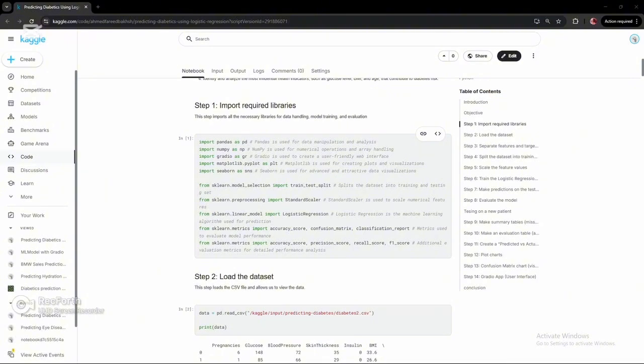Finally, I imported Gradio to build an interactive user interface for real-time predictions. Step 2,